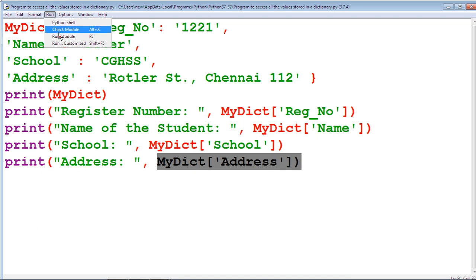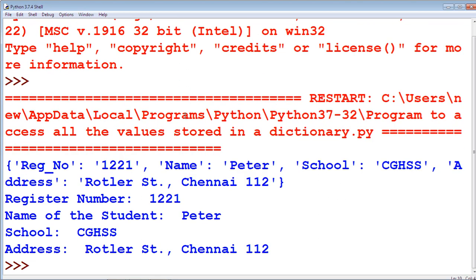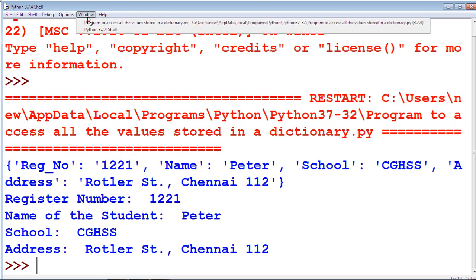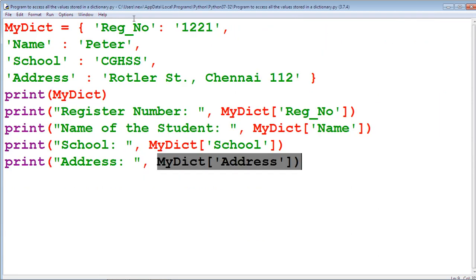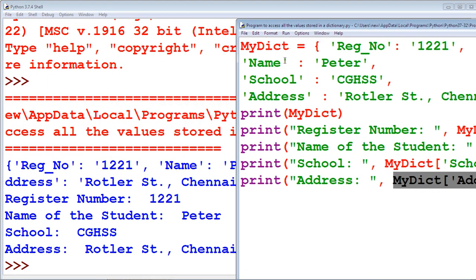Run this program by using the run module command. See this example. By using print mydict, it prints all the dictionary values: register number, name, school name and address. The second print statement prints only the register number.